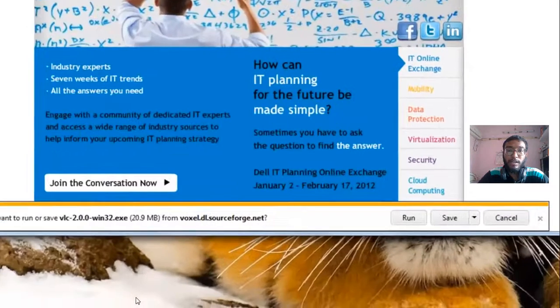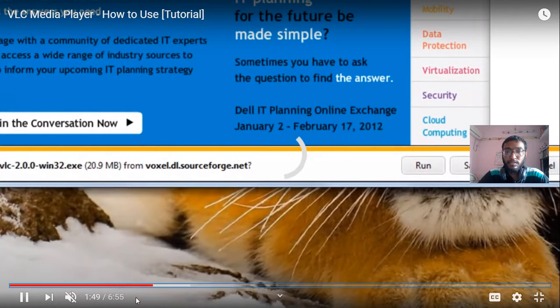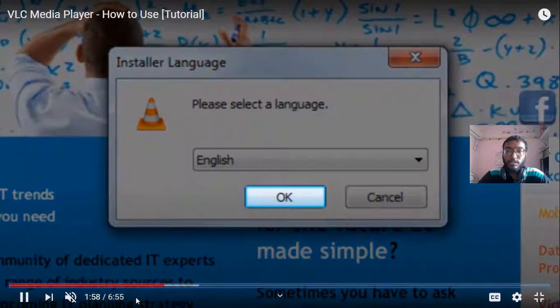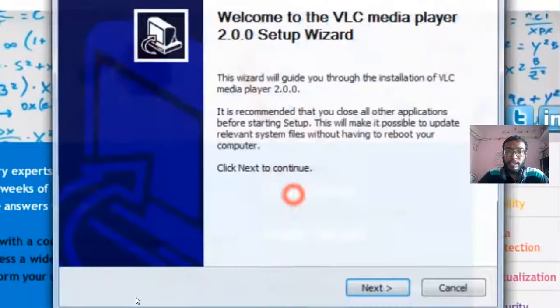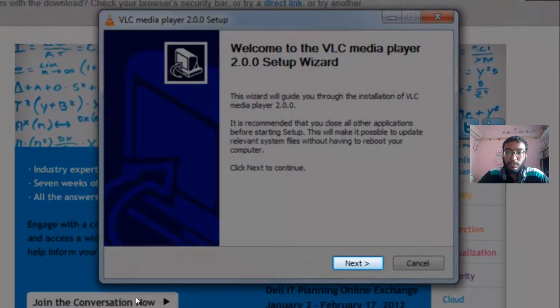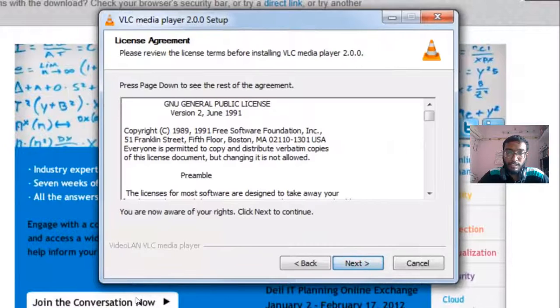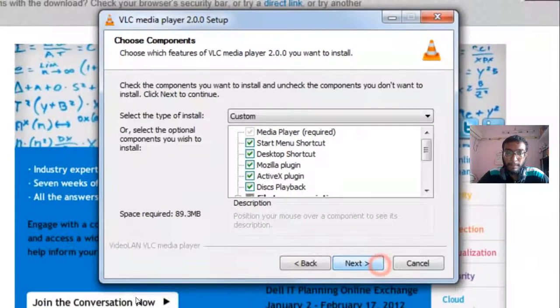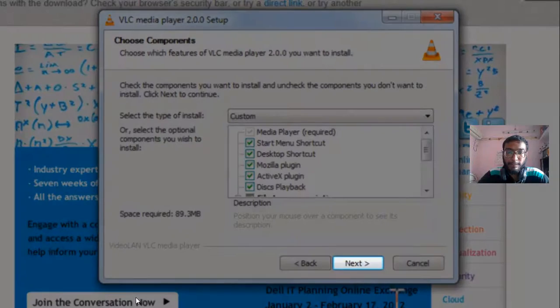Now the downloading process is going on. It asks us to select the language. I selected English. Next, again click on next. This is your license agreement. Again click on next.